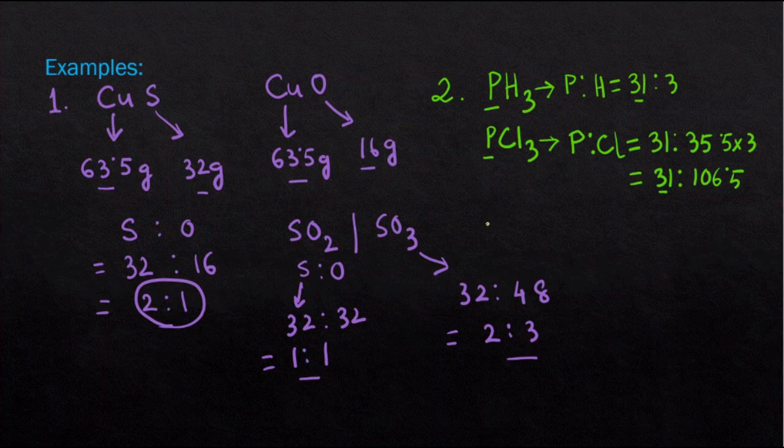Let's look at the mass ratio of hydrogen and chlorine that is combining with a fixed mass of phosphorus, that is 31 over here. And from this calculation, this mass ratio is coming as 3:106.5, which upon reduction gives us